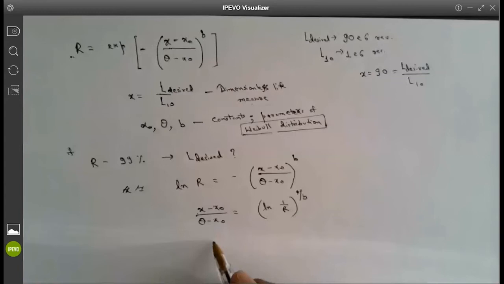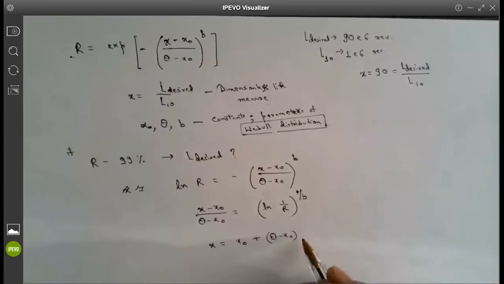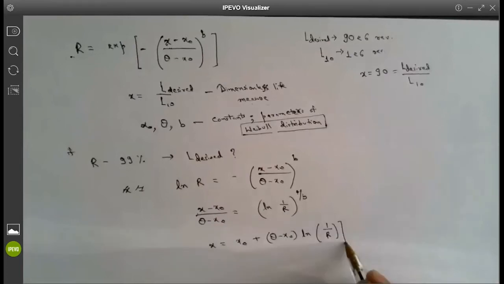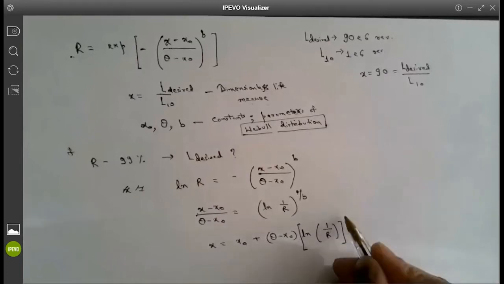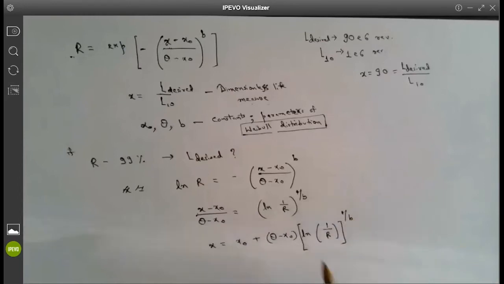So I was basically taking a natural logarithm on both sides, and then you will get x naught plus theta minus x naught, ln of 1 over R, to the power 1 over b. That is the relationship you will get, and out of that you know what your x would be. X is L desired